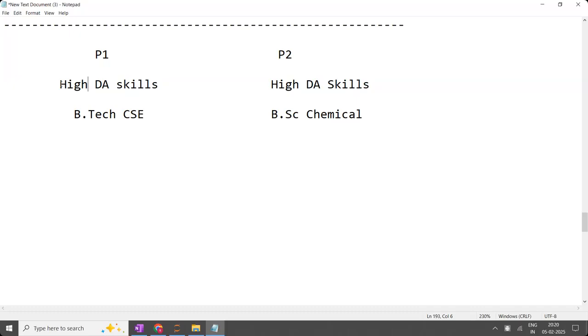You are in a competitive world. When you are in a competitive world, comparison always comes into the picture. Now, both have the same amount of data science and data analytics skills, BTech computer science. This person is expecting an 8 lakhs package. This person is expecting only 4 lakhs. If you hire either person, your project will be completed. Your requirement is that the project has to be completed. Now,